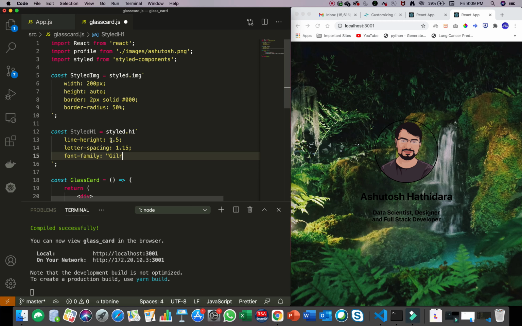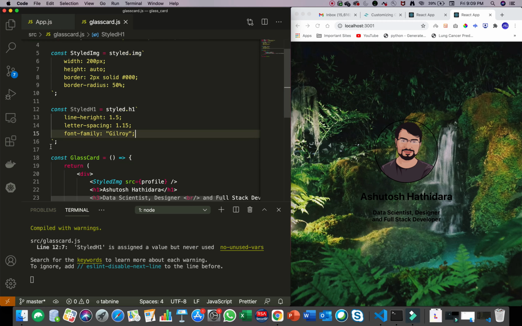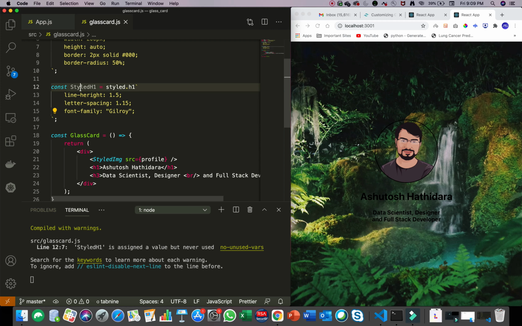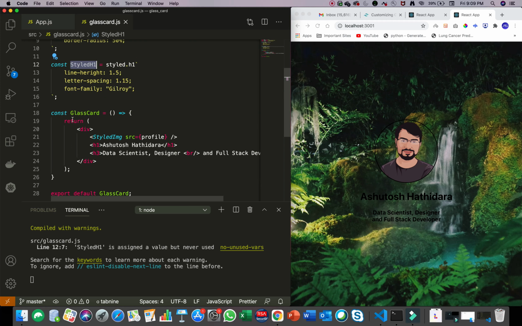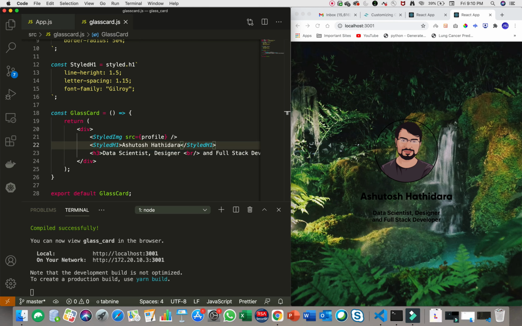You can use any font which you like, but I personally prefer this font for these cards. Also note that if you don't have the Gilroy font installed in your system, first install it, and then you can use it. After you are done editing the CSS, you can copy the styled h1 and paste it in the starting and closing tags. You can see that the text will get changed.